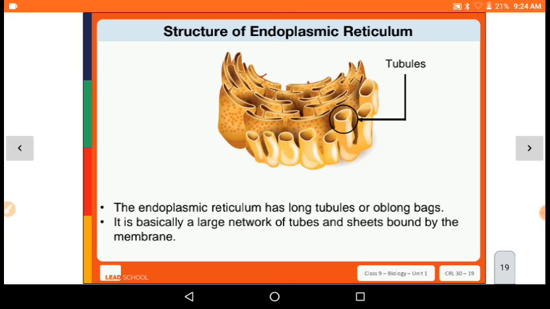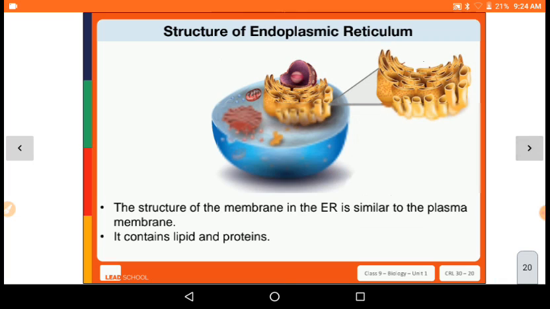So it is basically a large network of tubes and sheets bounded by the membrane. जो ये sheets जैसा दिख रहा है which are oblong bags, and tubes are structured like long tubules. So the structure of endoplasmic reticulum is similar to the plasma membrane. It contains lipids and protein. जैसे plasma membrane में जो structure होता है, same structure endoplasmic reticulum में मिलता है, and